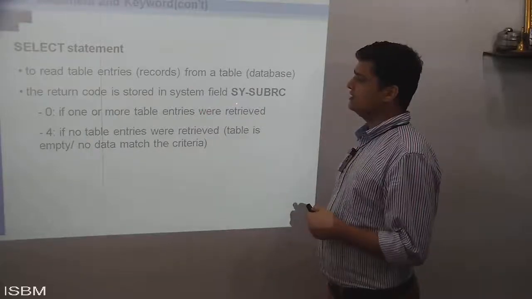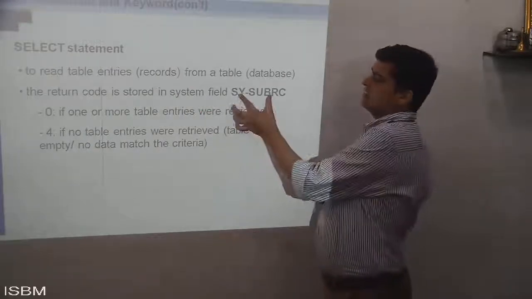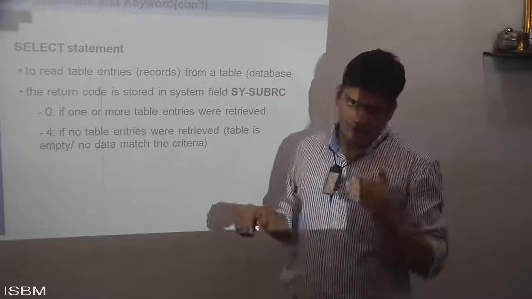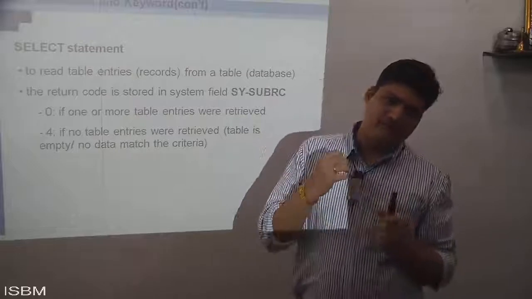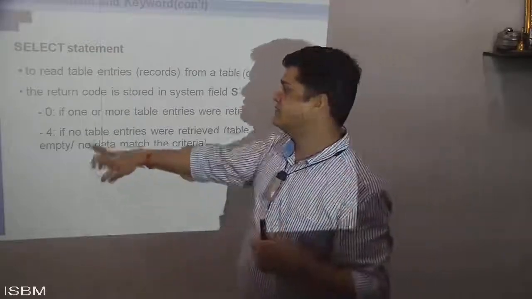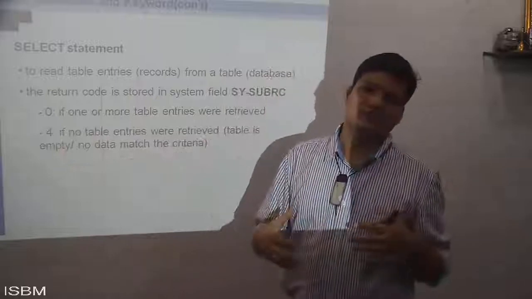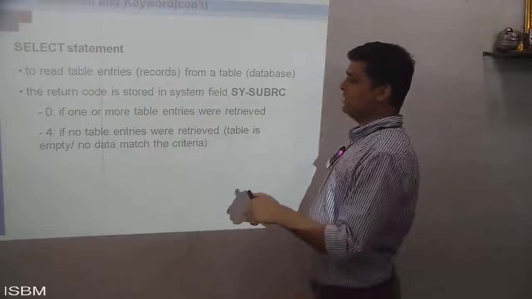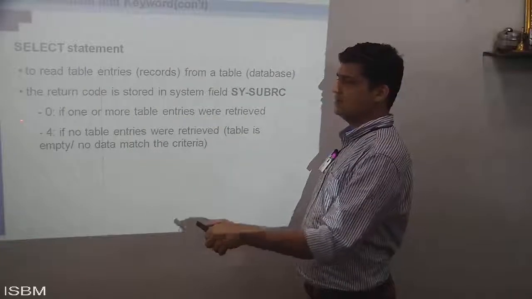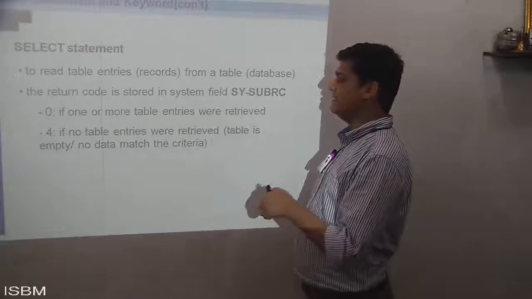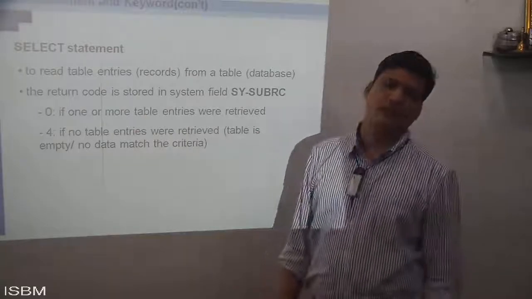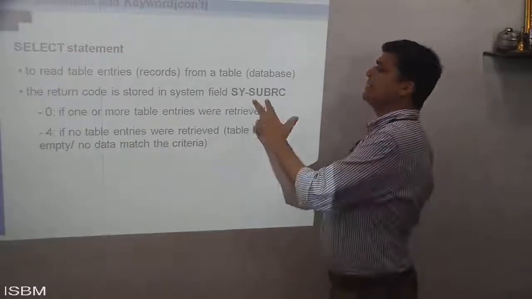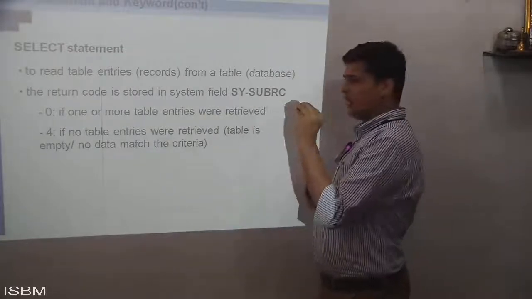The return code is stored in the system field SY-SUBRC. SY-SUBRC is basically used for the return code. If the entry you fetched is successful, then SY-SUBRC should be 0. If it is not successful, then SY-SUBRC will be 4. If one or more table entries were retrieved, SY-SUBRC will be 0. If it is 4, no table entries have been found or retrieved from the database table. So SY-SUBRC plays a very important role at the time of writing